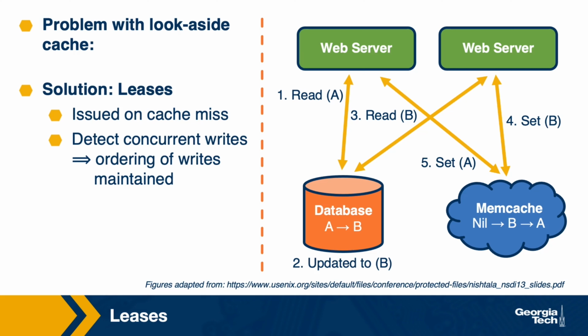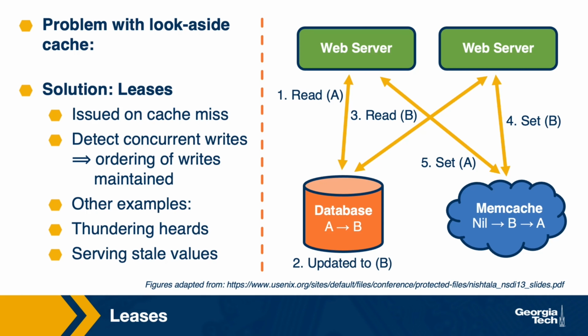The paper describes in more detail other scenarios and other potential problems that can occur in Memcache, which can also be managed with the lease mechanism. For instance, for the so-called thundering herd problem, by controlling how many leases are issued at a given point of time, Memcache can control the number of accesses that will be served a token, and therefore the number of accesses that will be allowed to proceed to the database.